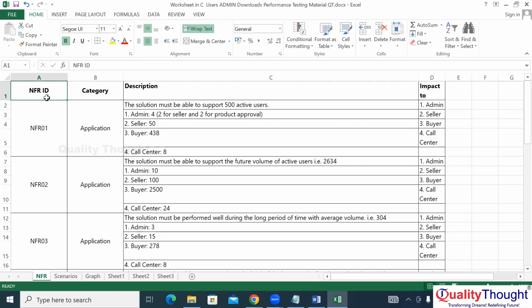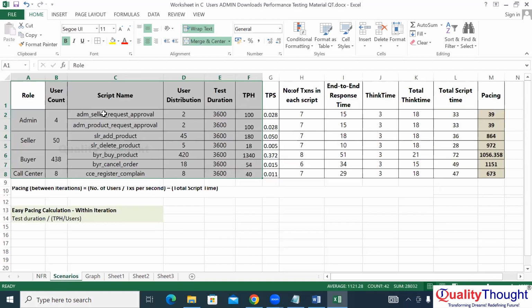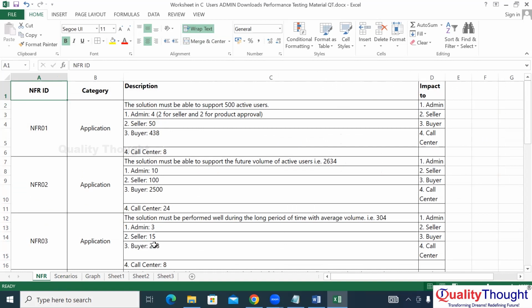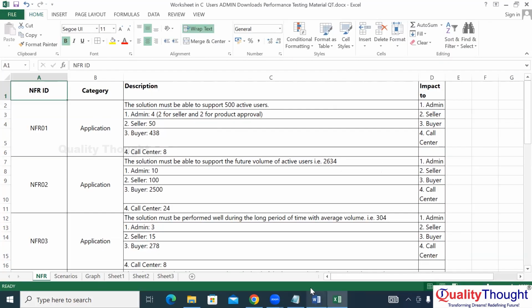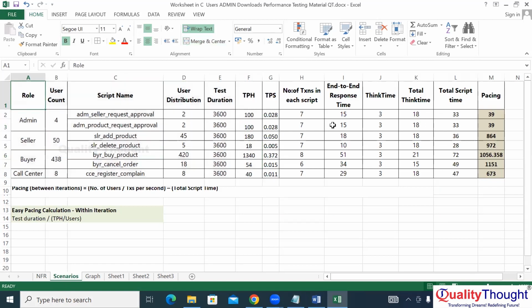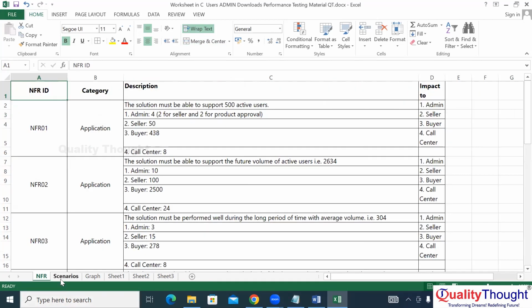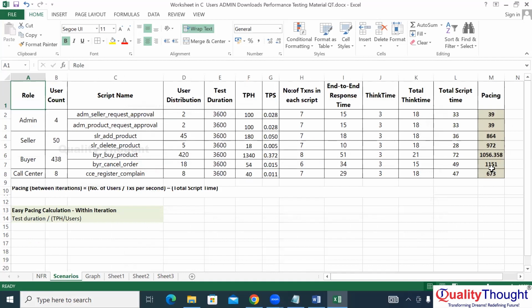Because based on this NFR sheet, I am going to explain you about this workload modeling tomorrow. So, do you have this document? I'll ask Vamsi to share this document. Just go through these NFRs once, because tomorrow I'm going to explain you about this. Based on these NFRs, tomorrow I'm going to explain you about this